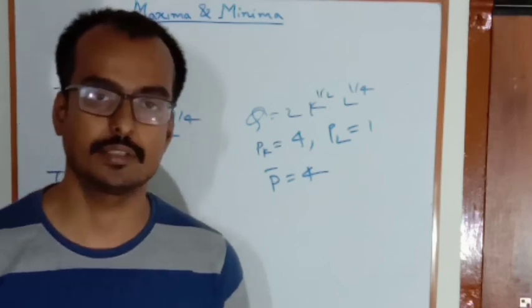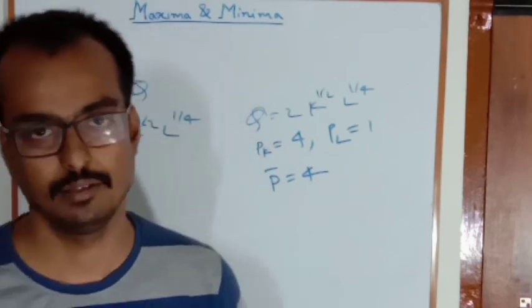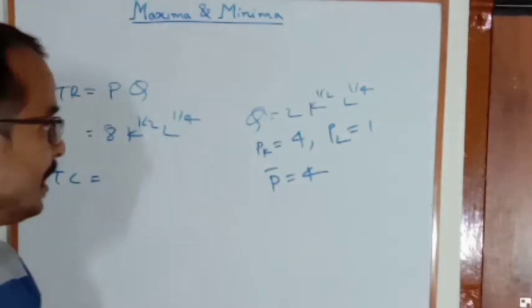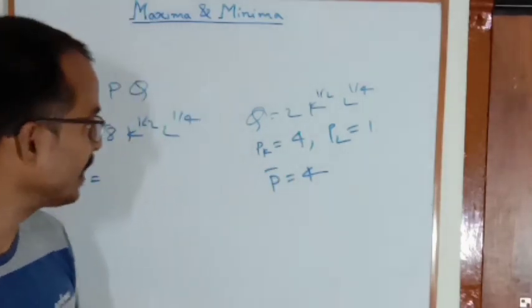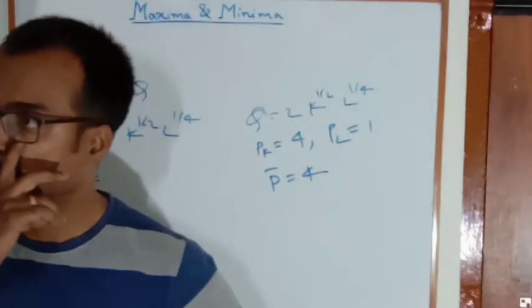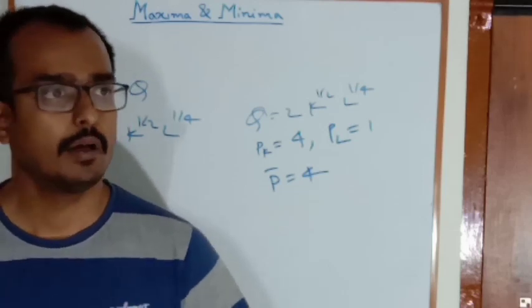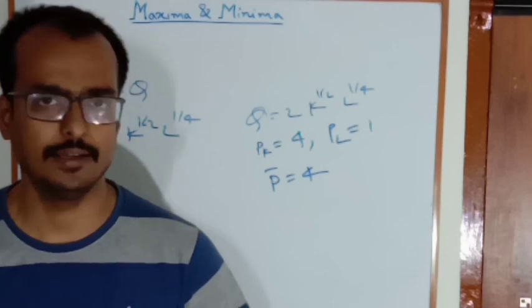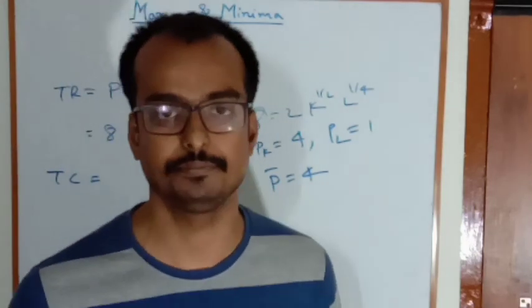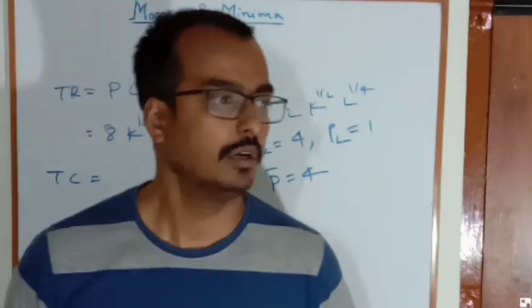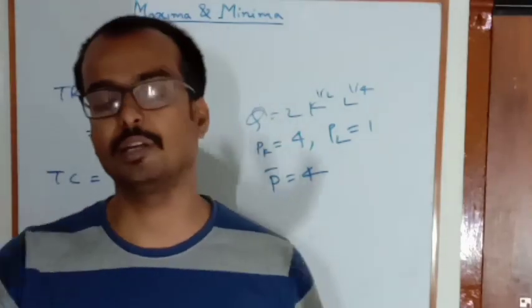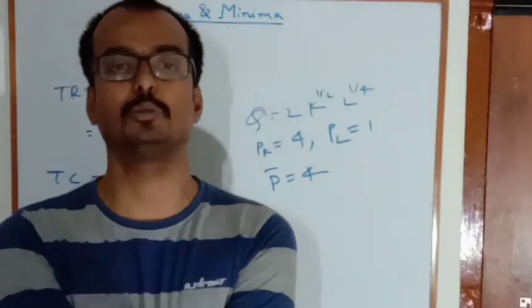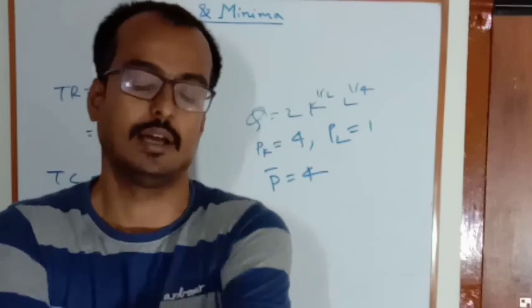What is cost, you have to understand. If I do something and I use only, say for example, labor and capital, then how much I pay to labor plus how much I pay to capital is equal to my cost. Is that right? How much I pay to labor plus how much I pay to capital is my cost, because these two things are my only expenses I have to make.